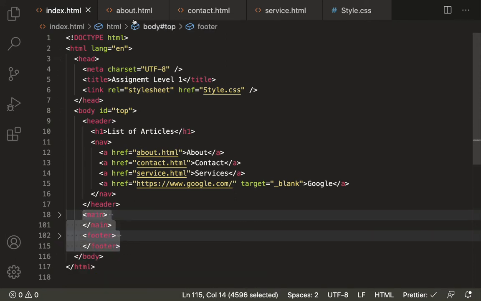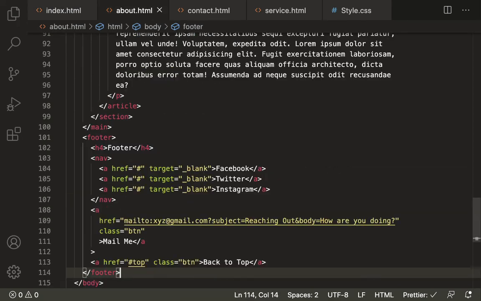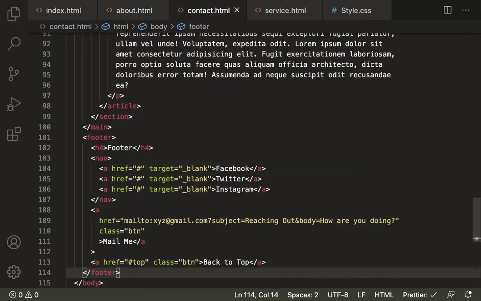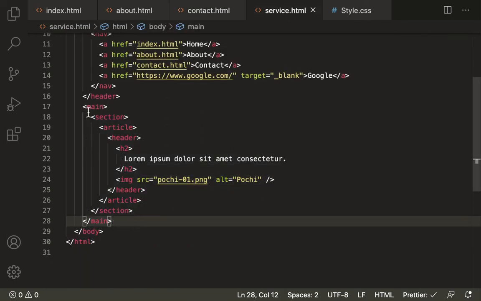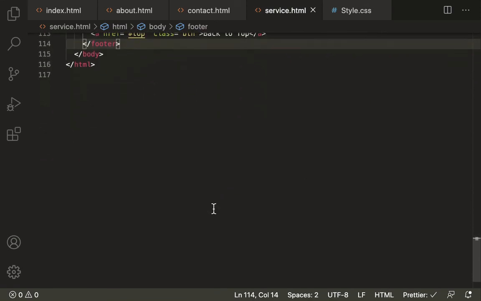Copy from here, go to about.html, paste it after the header and save it. For contact.html also paste it, and for service.html also paste it. Great, so we are done with index.html, about.html, contact.html and service.html. Everything is saved here.